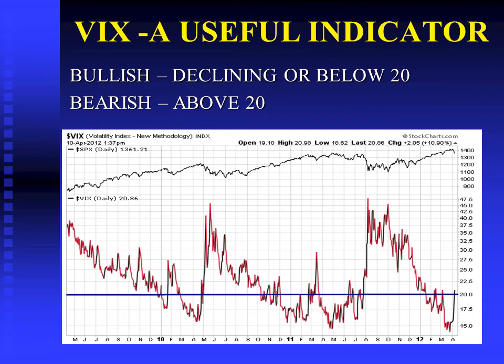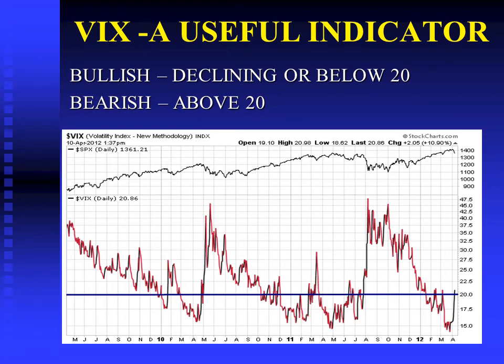Another interesting indicator is the VIX, or volatility. The way this is used is that when the VIX declines, like here, then the market is likely to rise. But when the VIX rises, then the market corrects. The trigger point is 20. As long as the VIX rises above 20 and stays above 20, then the odds are the market is not going to do much. However, when the VIX starts declining, then you know the market is setting up a base to rise, and eventually it will start going up.